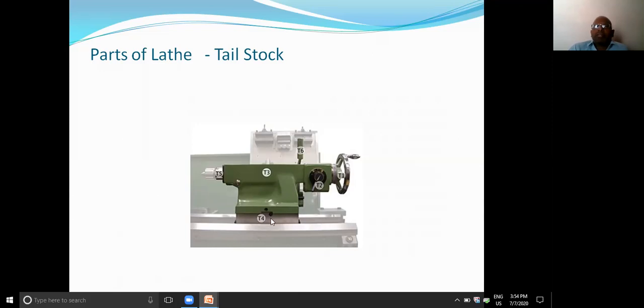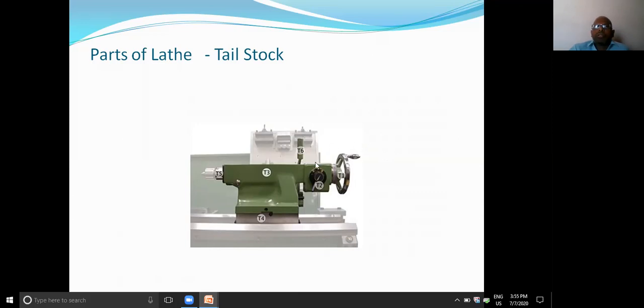In the previous class, as we discussed, the lathe bed consists of inner guideways and outer guideways. The purpose of the inner guideways is to provide the traveling position for this particular tailstock. In a similar way, the outer guideways, the outer grooves, are provided for movement of the carriage.